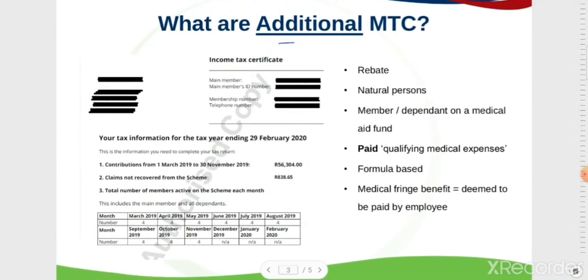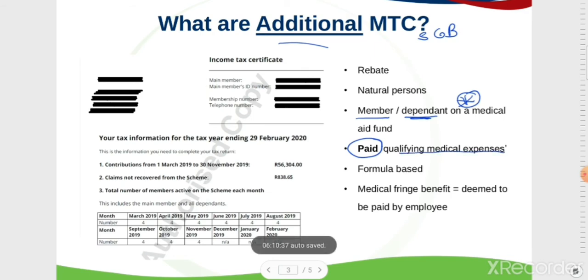Section 6B is your additional medical tax credit. Section 6B will kick in if you are a natural person and, as the member of a medical aid scheme or a dependent on a medical aid scheme, you've paid for qualifying medical expenses. This is the difference between Section 6A and 6B. In 6B, either the main member, who's the person paying the contributions, or a dependent can actually claim the rebate, provided the criteria here is that the person who's claiming 6B has then paid qualifying medical expenses, and that is defined in the legislation. The amount of the rebate that you can claim is worked out based on a formula,